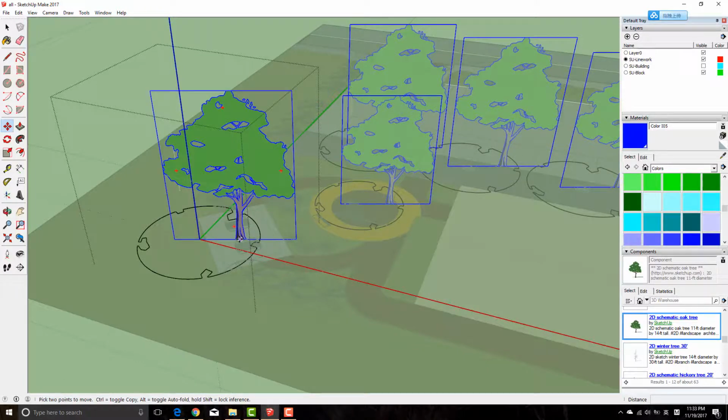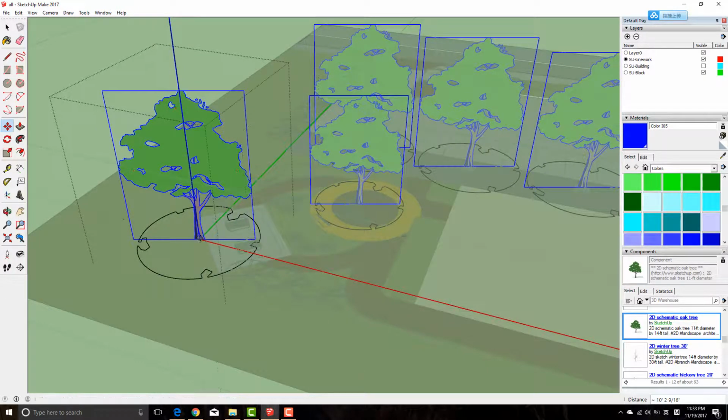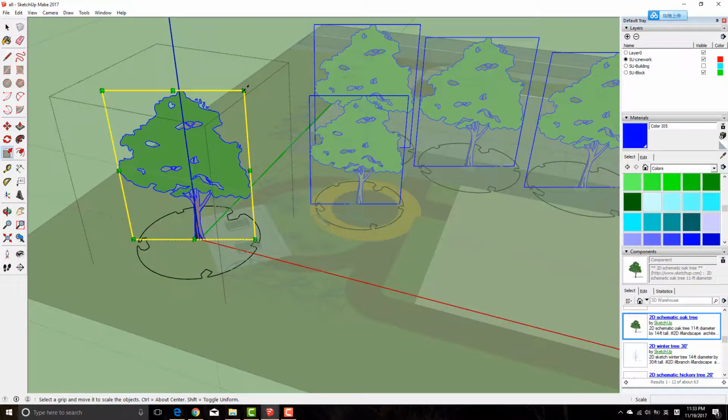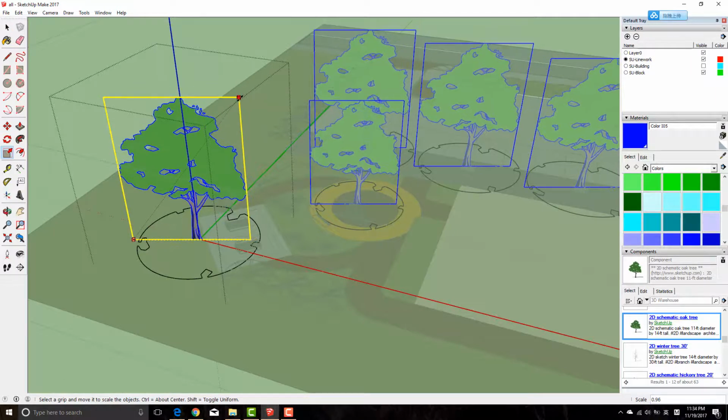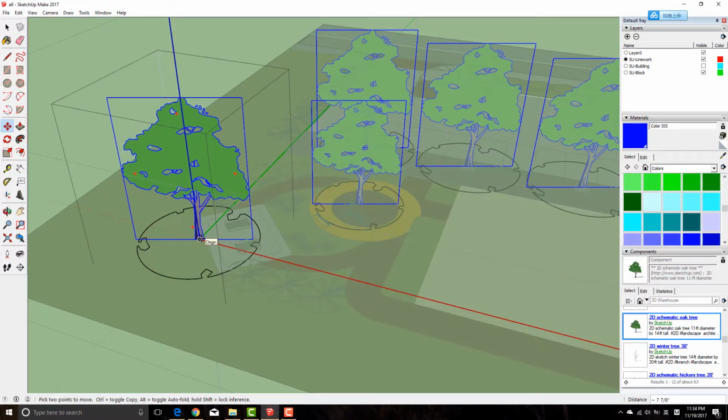So I will use Move tool to move it into center. It seems like a little bit bigger than my block, so I will make it smaller. Again, move it